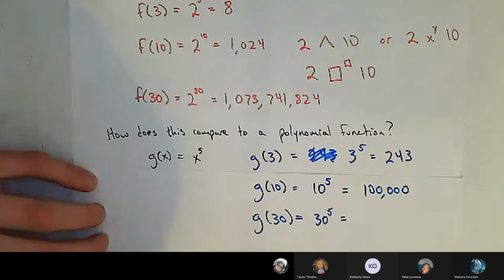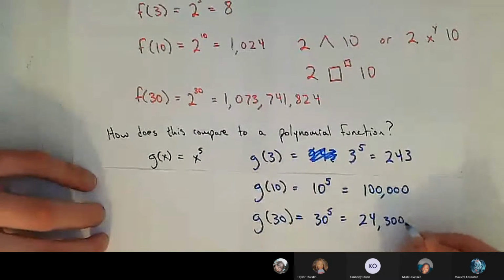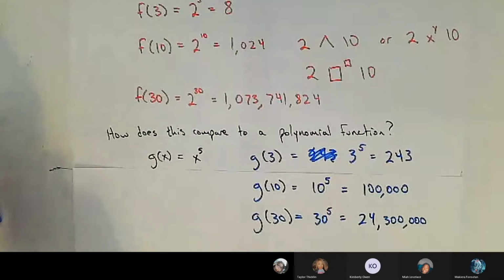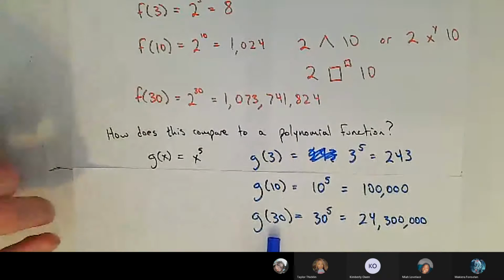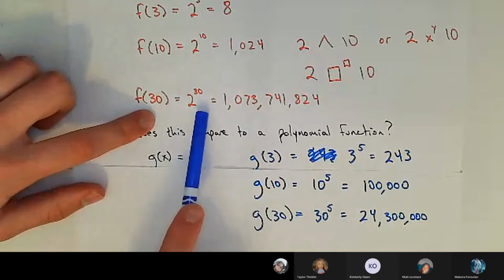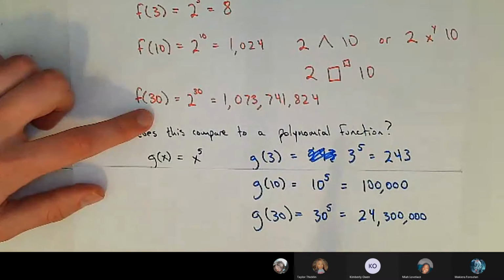So let's now raise 30 to the 5th and see what we get. I'm getting 24,300,000. Okay, so at an input of 3, the polynomial function is winning. At an input of 10, it's still winning. But once we get to 30, this has skyrocketed way beyond this polynomial